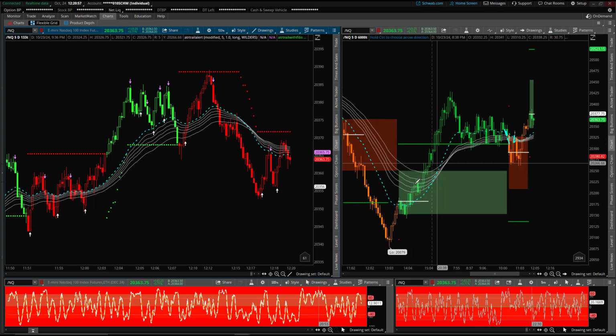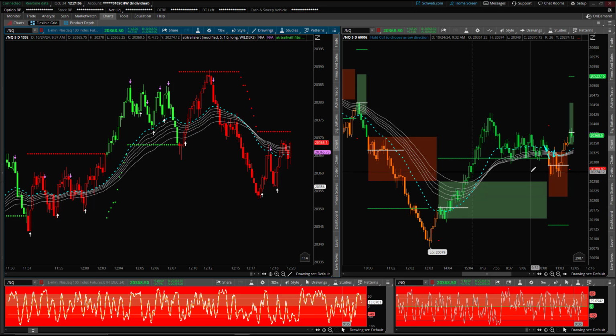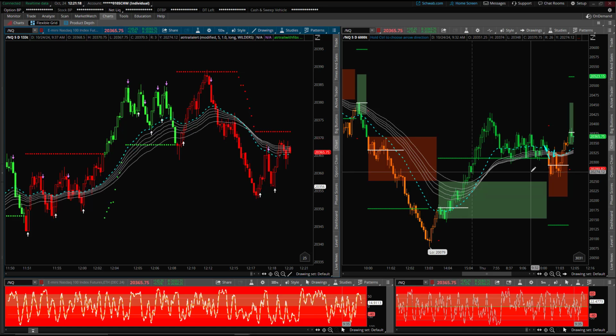So I use a 6,000 tick chart to give me a stronger confirmation on the direction we're heading. So you can see here, and then right now we're in a little consolidated area. This time of day it makes sense. So there's a reason why I trade from 9 until 11 a.m. on days where I can focus on that 2-hour window that I trade, just to avoid a good amount of